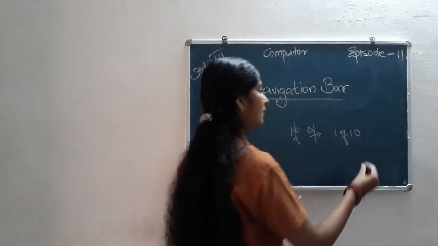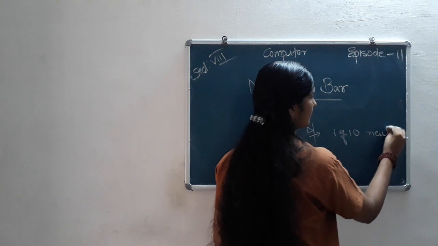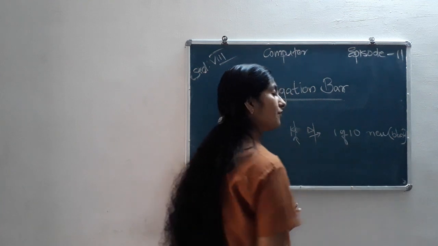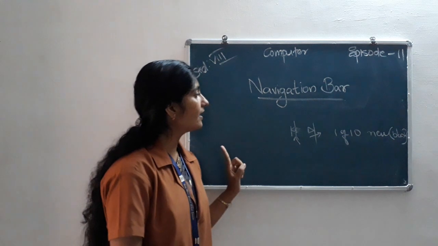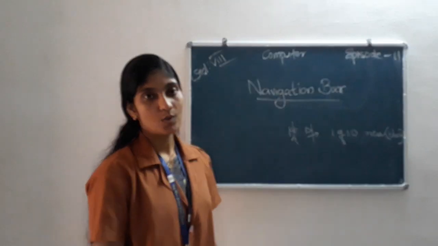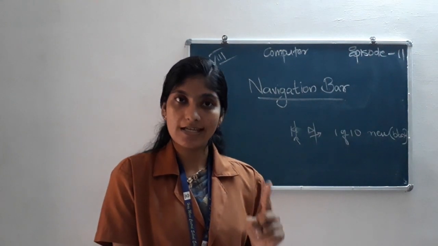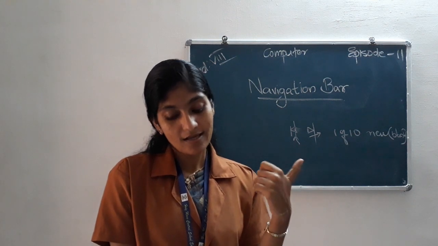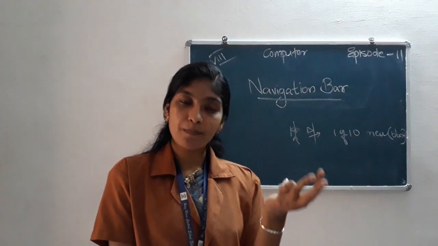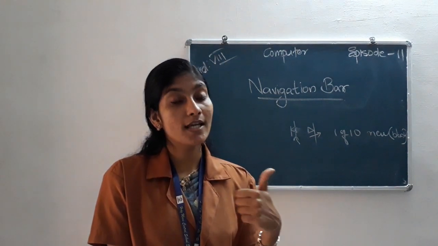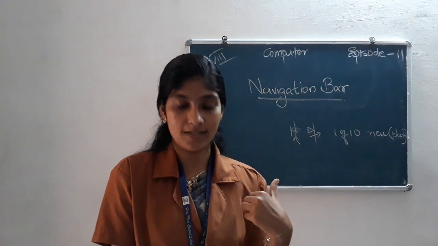So there is a new or a blank option. If you want to create a new form, just click on it. So these are the things available in which bar, right? There is a bar present below the form, known as the navigation bar, which contains the options to go to previous, go to next, or first record, last record, and also you can add another form from this.